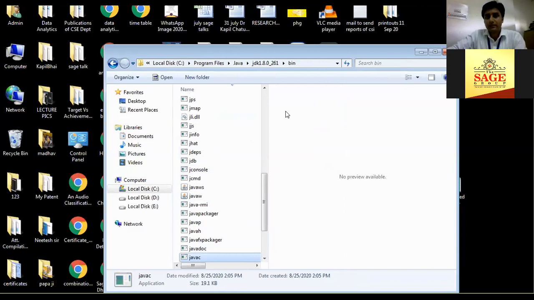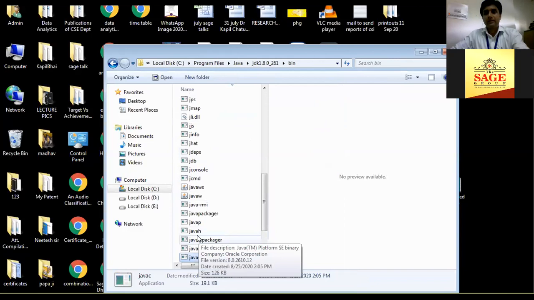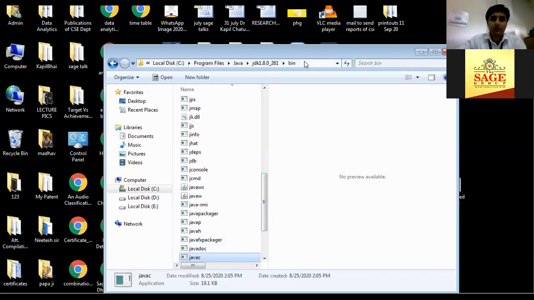We have to ensure that the javac file is there, because javac is the file which is responsible for the compilation process of a Java program, the Java source code. So first of all, we copy that path and minimize that screen.